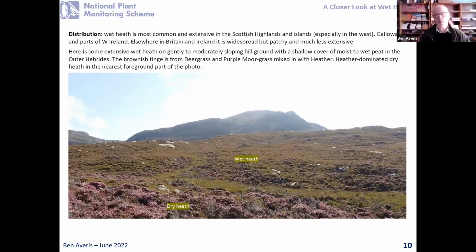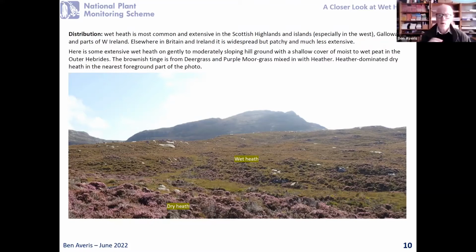is, well, the text is talking about distribution, which is mainly in the Scottish Highlands and the Islands, and it's most common in the West. Galloway is really good for it as well, and Western Ireland, but elsewhere it's not that common, not very extensive. And here's a picture of a big extent of it in the Outer Hebrides,